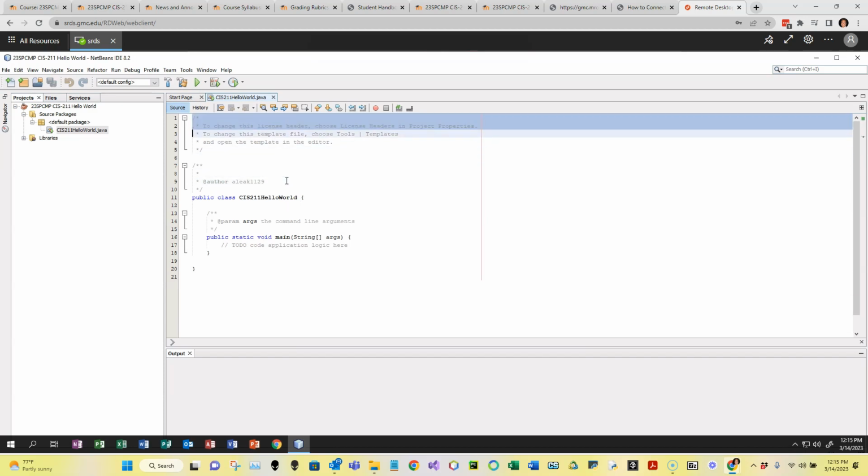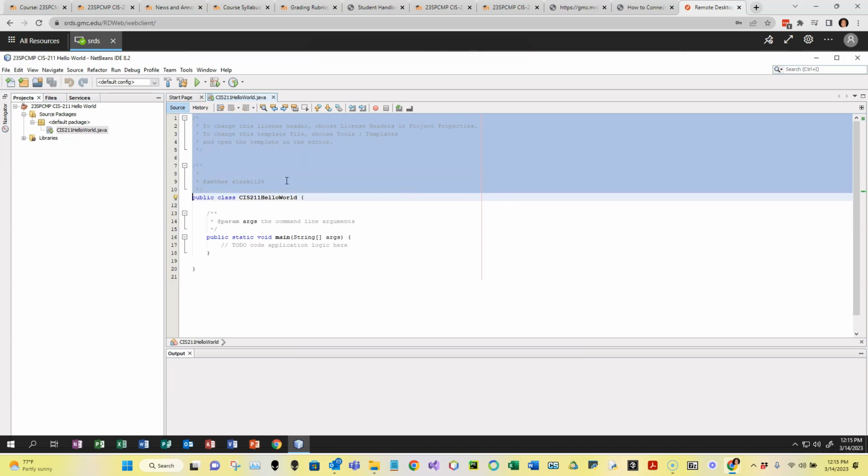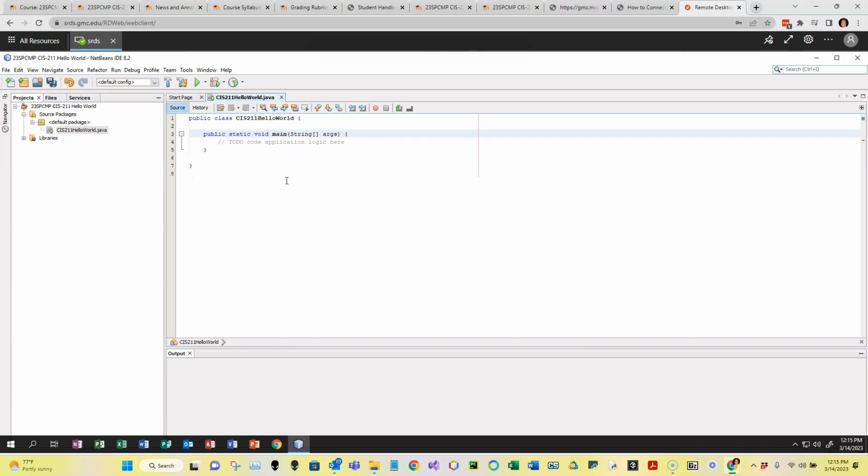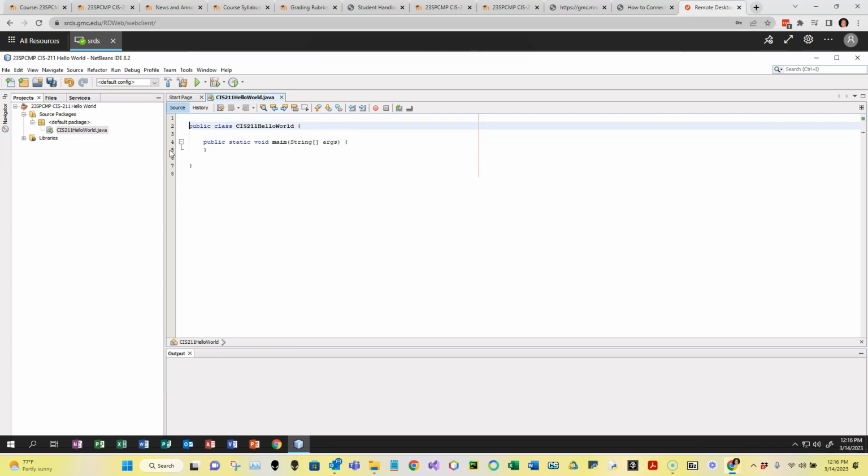It's up to you if you want to keep the same default comments. I usually like to make my own, and just to really illustrate the bare bones of what this Java class needs to look like in order to run, this is it, right? The class name here needs to match with the Java file name, and they do. If you try to change it to something else, you're going to see it freak out,